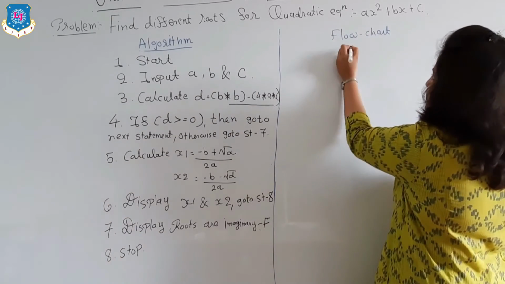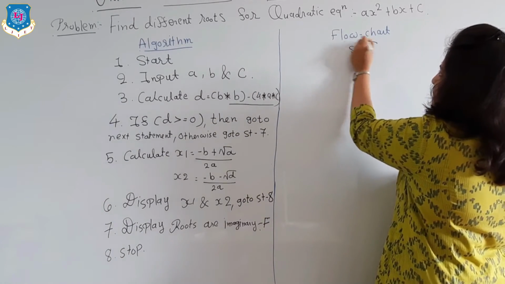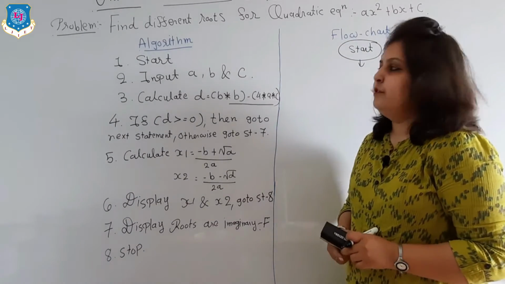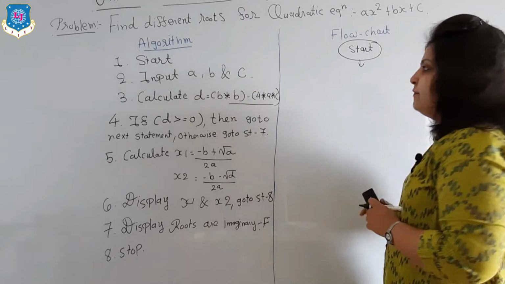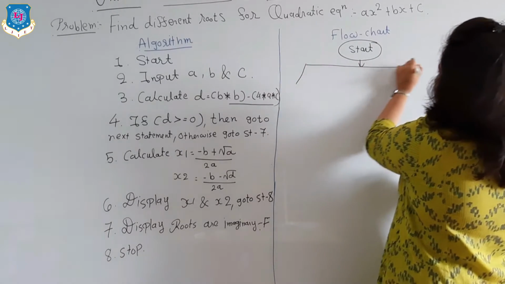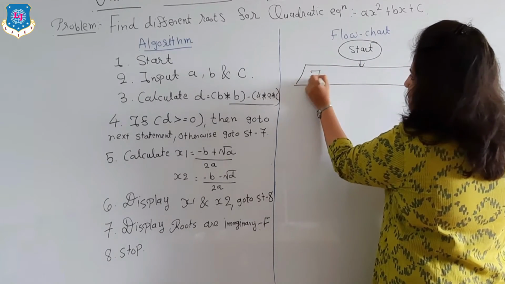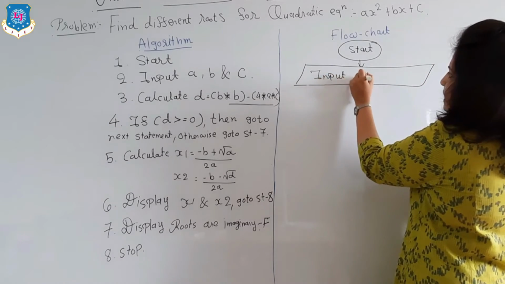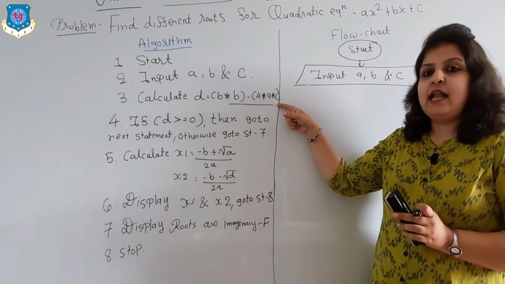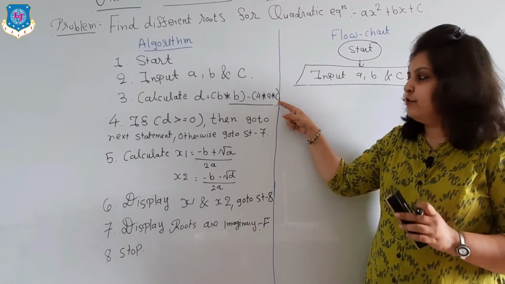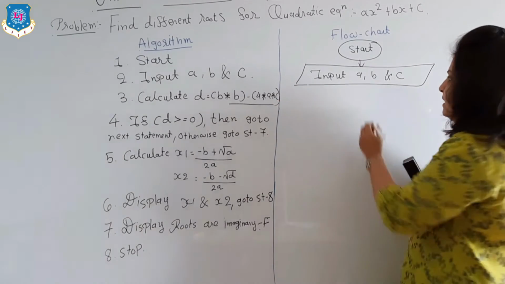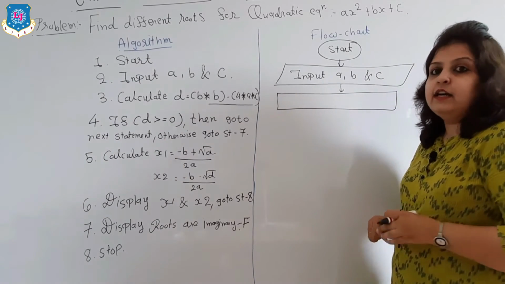And our first step is always start. Then next is input, and our input is A, B and C. And for input we have to use a parallelogram. In the parallelogram, just write input A, B and C. Our next step is to calculate the value of D, the determinant, and this is a process, and for process we have to use a rectangle,